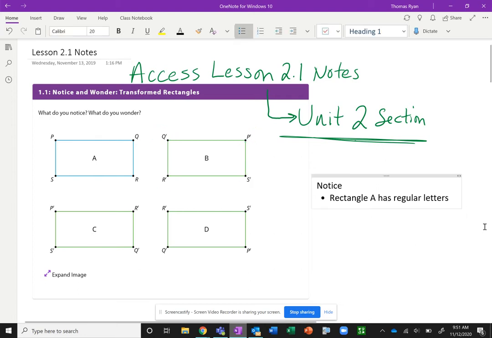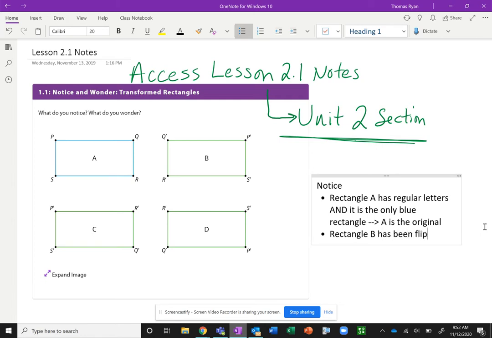And this should indicate to us, so rectangle A has regular letters, and it is the only blue rectangle. So there's a couple things that this should point out to us. This should tell us that A is the original. Not only because it's the only one that's a different color, but because it's using regular letters. That's just something that now we can kind of fold into our understanding of things. Okay, so then rectangle B